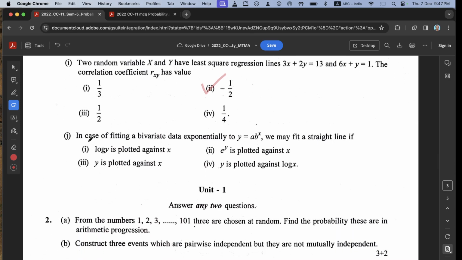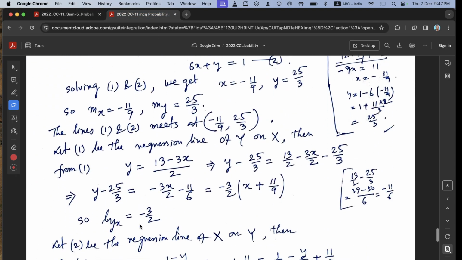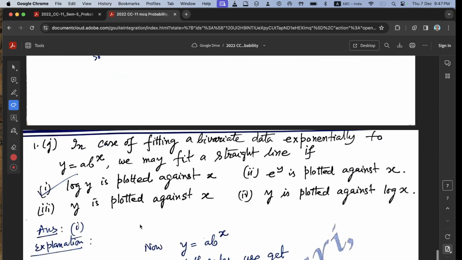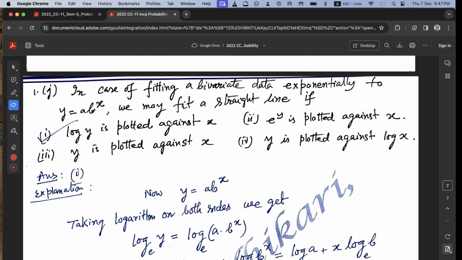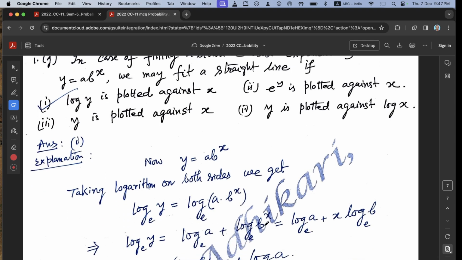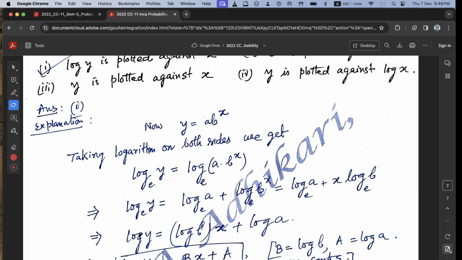Question J. In case of fitting a bivariate data exponentially to y equal to a b to the power x, we may fit a straight line if what? Here y equal to a b to the power x. Taking logarithm to the base e on both sides, we get log y equal to log a into b to the power x. So log a plus log b to the power x. So log a plus x log b. So log y equal to